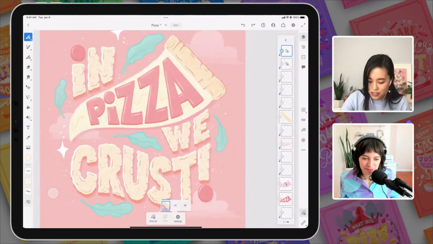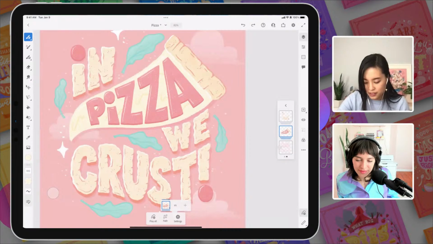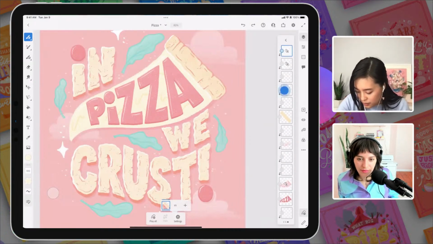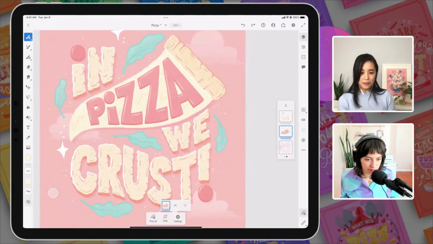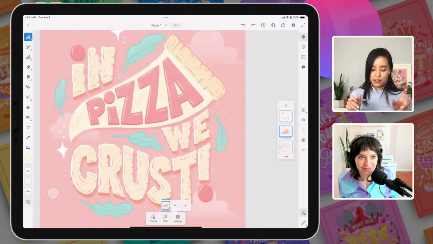When I go to add motion to it, I believe it covers the entire group. Okay. But I'm gonna go in here and just double check that I'm on the right layers. Okay, great. So I'm down in my animation frame and I am going to start making the pizza ooze a